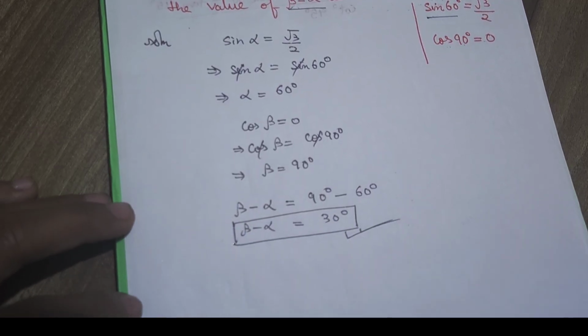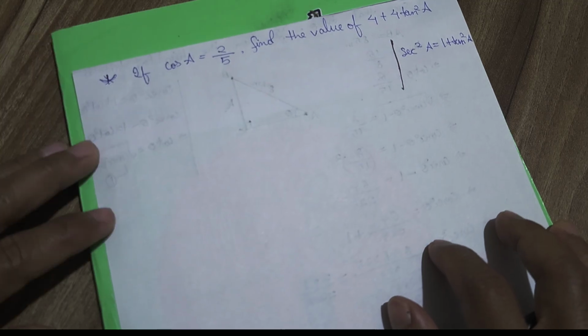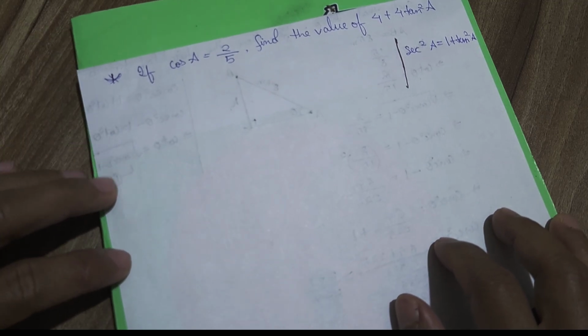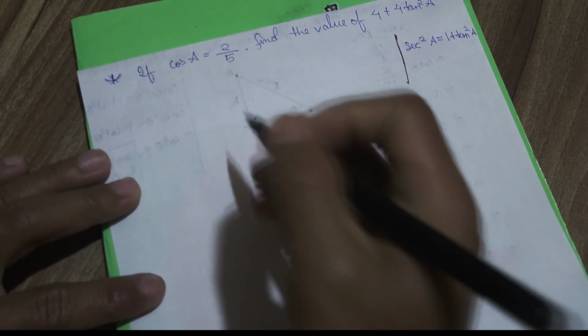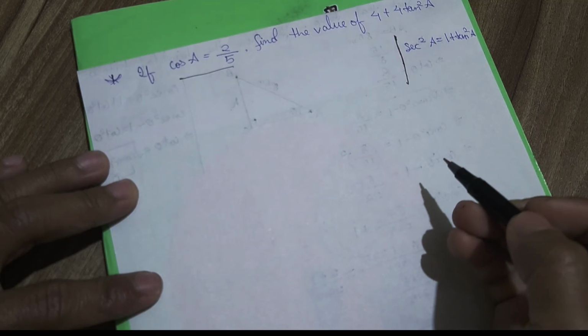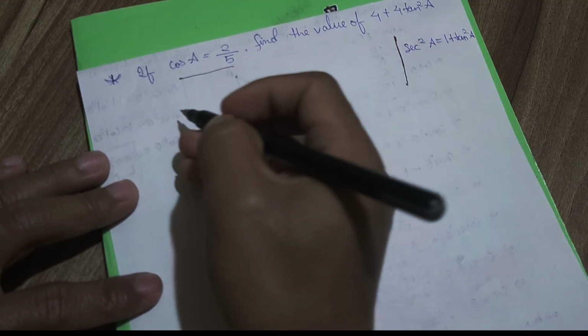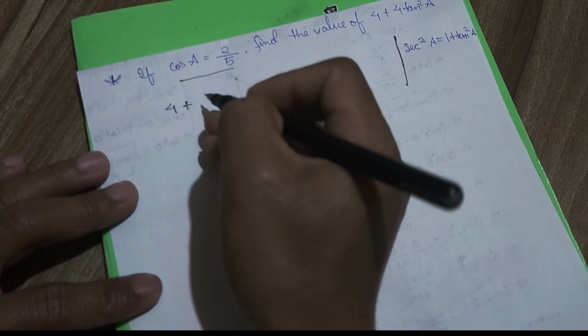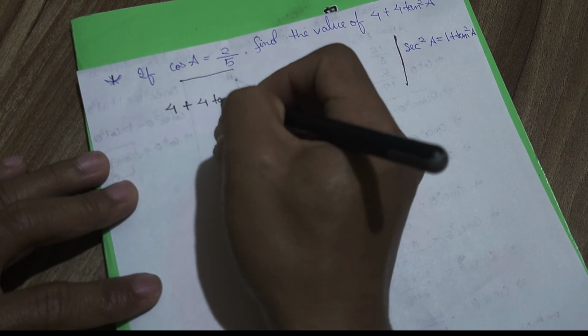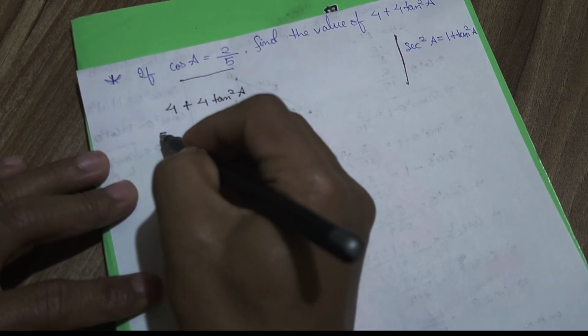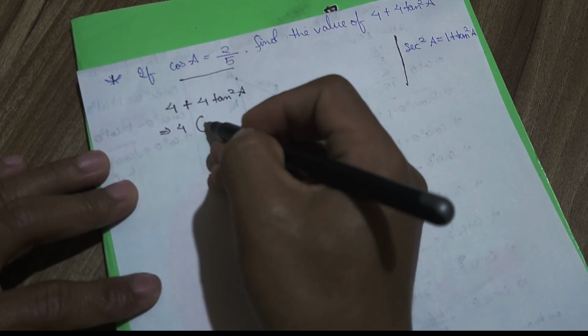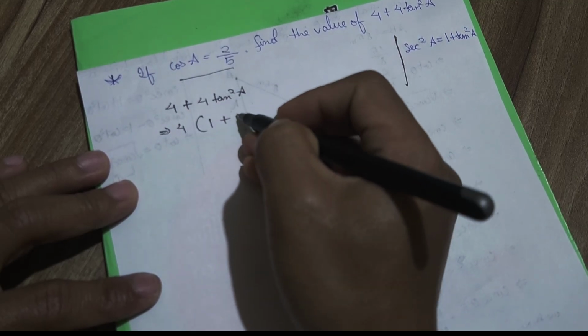Very simple question. Let's find out the next question. If cos A is equal to 2 by 5, find the value of 4 plus 4 tan square A. So cos A value is given. Let's solve the problem. 4 tan square A. So 4 we can take common here. If we take common 4, 1 is remaining, so 4